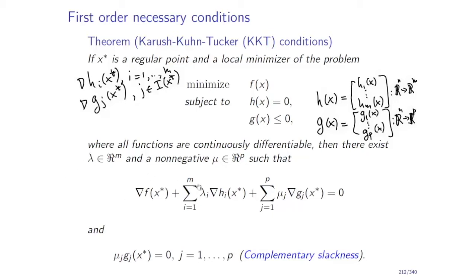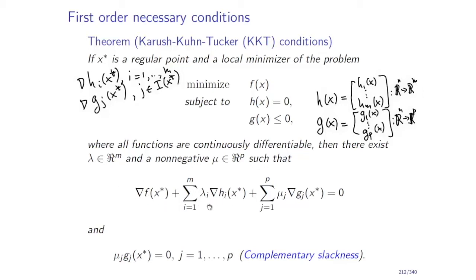You see, the lambda multipliers for the equality constraints are not restricted in sign, so they can be both positive and negative, but the multipliers that we use for the gradients of inequality constraints, the mu's, are supposed to be all non-negative, and then there exist such multipliers lambda and mu that the gradient of f in x star